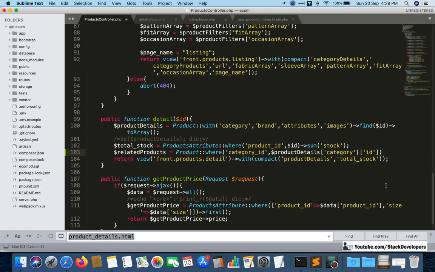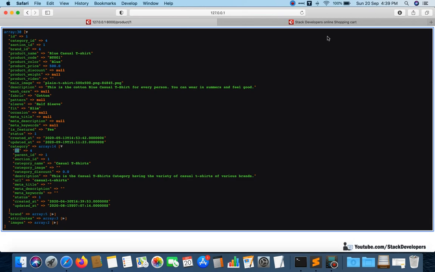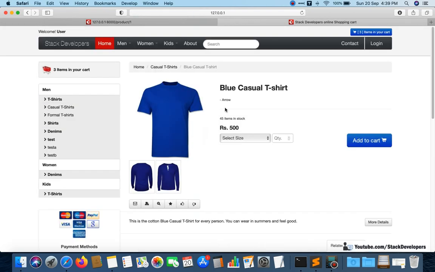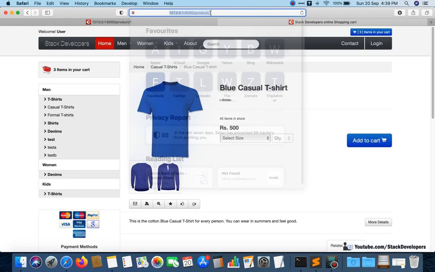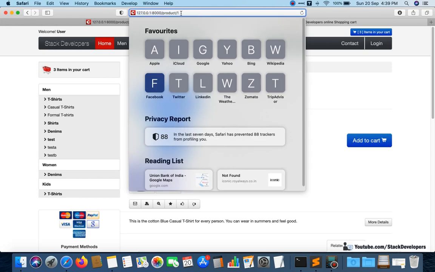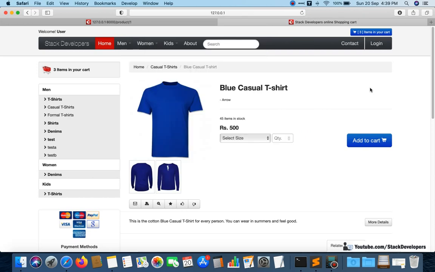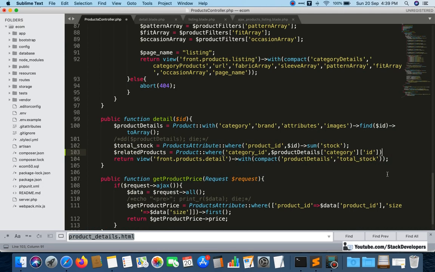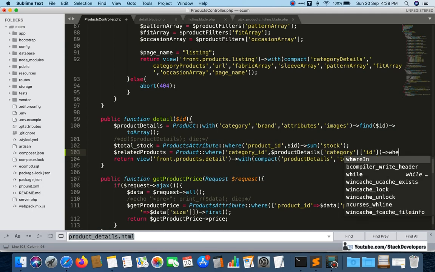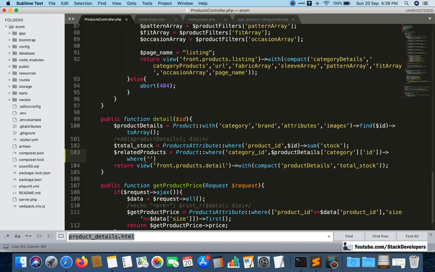After that, one more thing we need to add in this query: the product does not belong to, meaning the currently open product we need to leave out. So the product ID must not be the current one. We will compare with the currently open product ID. In the query we will write where id is not equal to the current id.